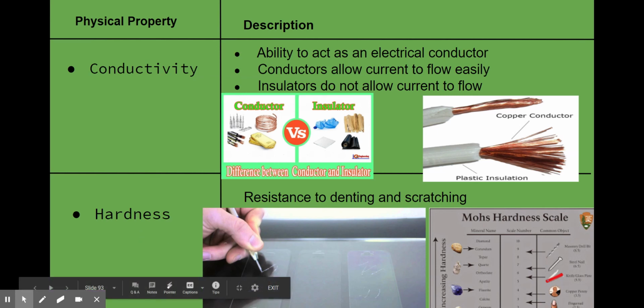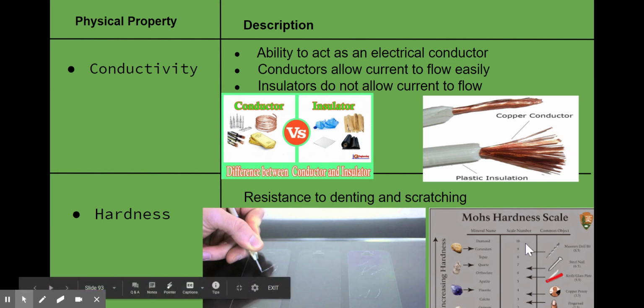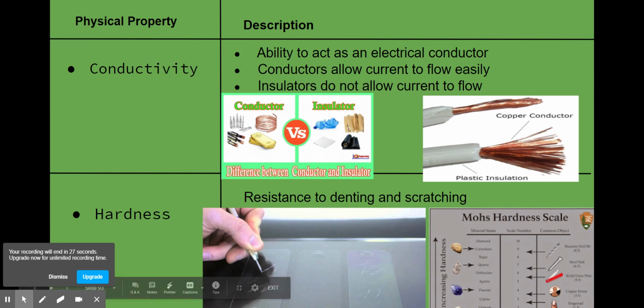Then we have hardness. You have a hardness scale. You can see that over here. You've probably heard before that a diamond is the hardest. And a diamond is. It's a 10 on this hardness scale, versus things down here like a penny or a fingernail would be different. A way you can think about this is like when you get a scratch on your phone screen, what is it scratch resistant to? If you put tempered glass over your phone screen, what exactly is it resistant to?